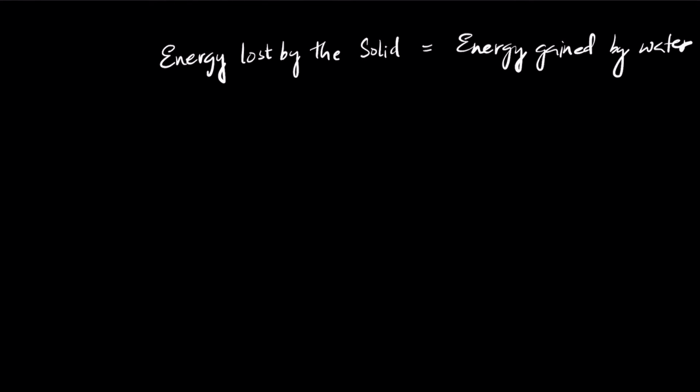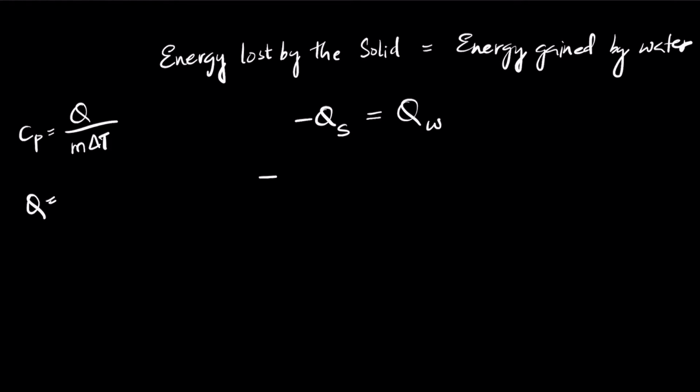So that means Q lost by the solid must be equal to Q gained by the water. Because the energy is lost here, we can write this as minus Qs. We know that Cp is Q by M delta T, so from this we can write that Q becomes M times Cp times delta T. So this can be written as, let's say, Ms Cps delta Ts equals Qw, which is going to be Mw Cpw